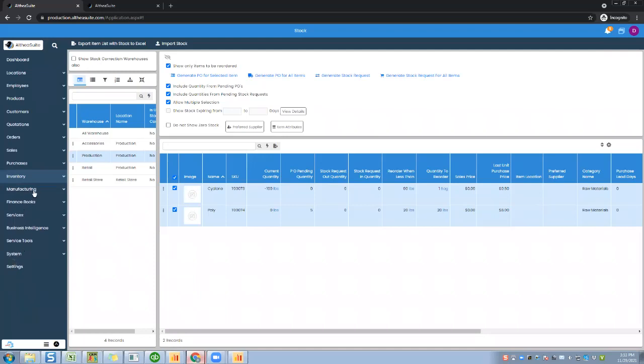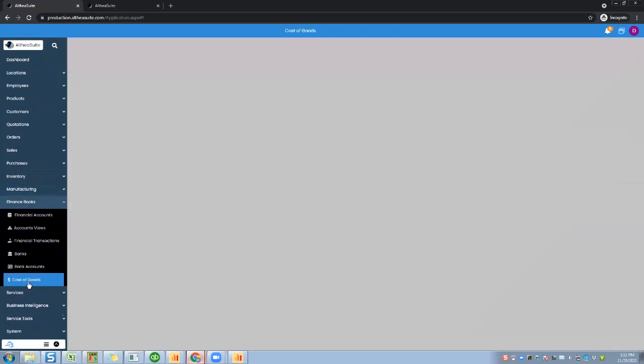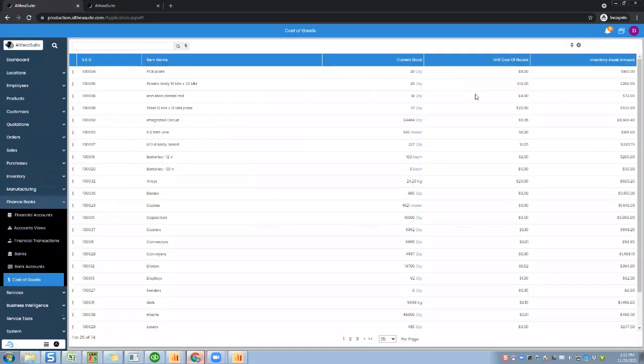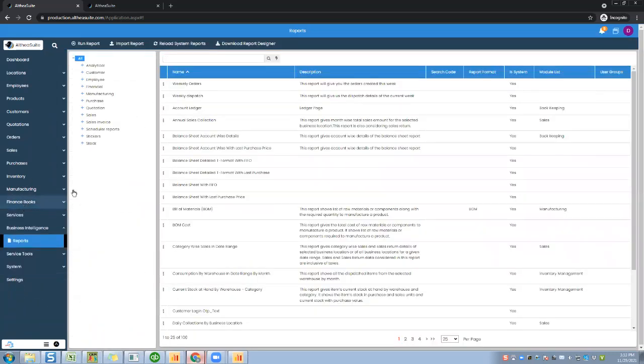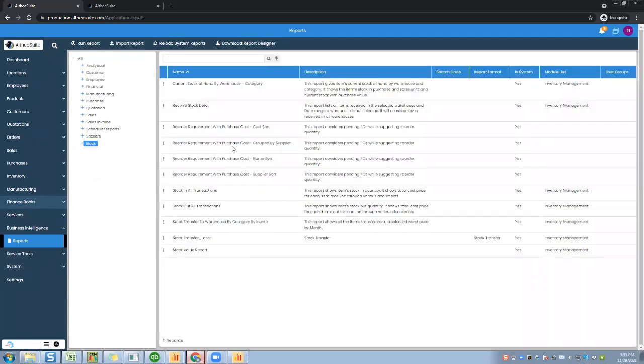We manage complete cost of goods along with the financial accounting. So at any time, you can come and see your cost of goods, which keeps getting updated as you're purchasing more and more products with different prices. Althea has a complete inbuilt business intelligence where all different types of reports, like what you're selling the most, what is in stock, what's not moving, what's the stock value, what is your stock movement, reorder definitions, everything is there.